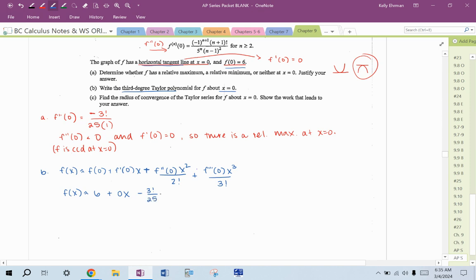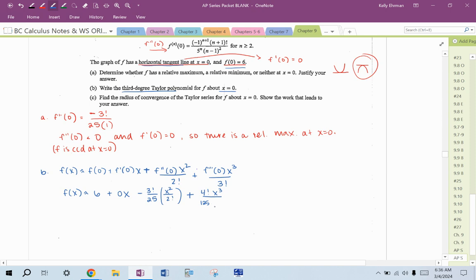But remember that you also have times x squared over 2 factorial. So I don't want to forget about the 2 factorial, so that's why I like writing out this formula first. I have not yet found the third derivative. So let's see, if we plug in 3 into this, it's going to be negative 1 to the fourth, so positive. And then 3 plus 1, so 4 factorial times x to the third over 5 to the third